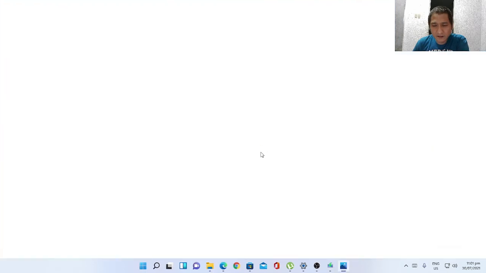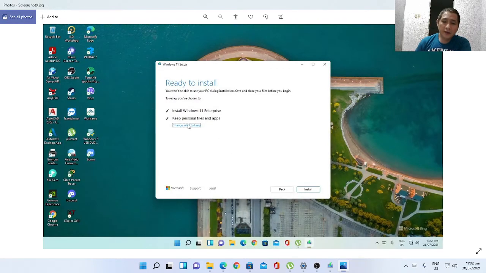Let me just pull this up first. So when you reach the last window, you will be getting this screen: install Windows 11 of the version of the current Windows you have, and keep personal files and apps. And if you want to change that, if you want to clean install, you can just click change what to keep, and there you have it. When you click install, you will be getting a blue screen